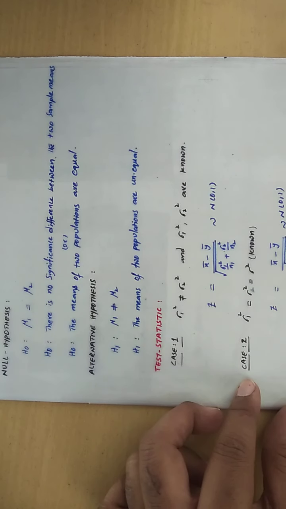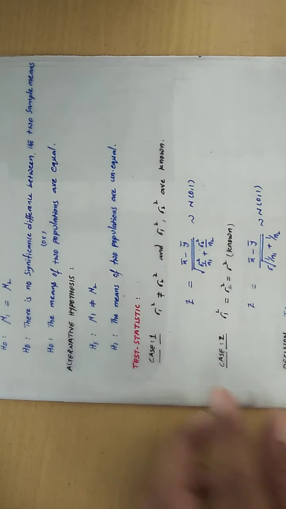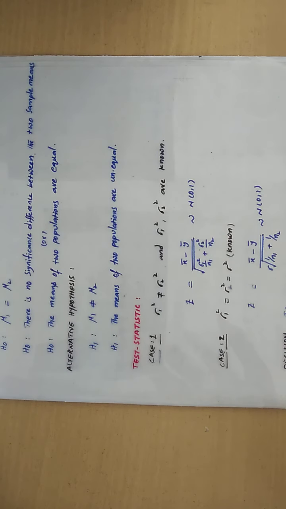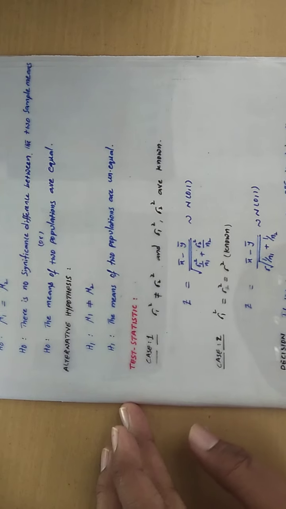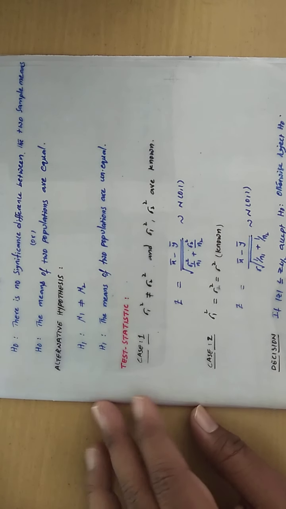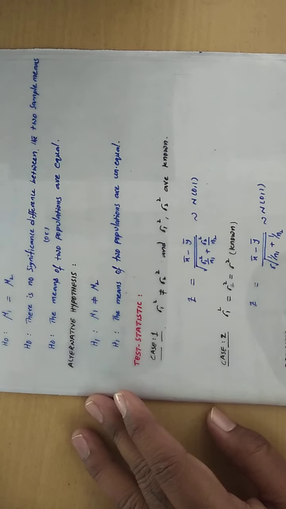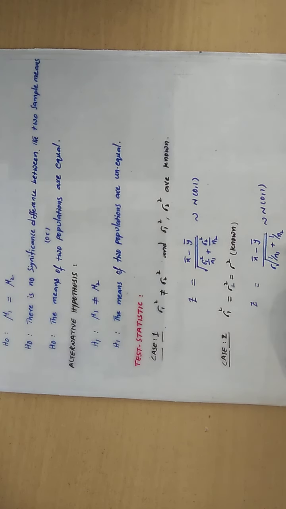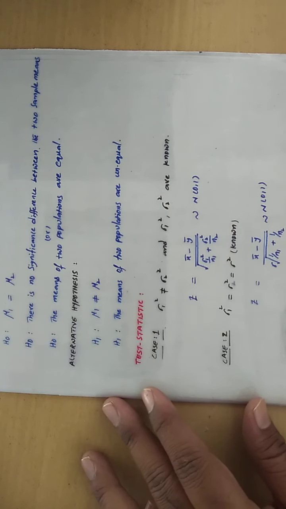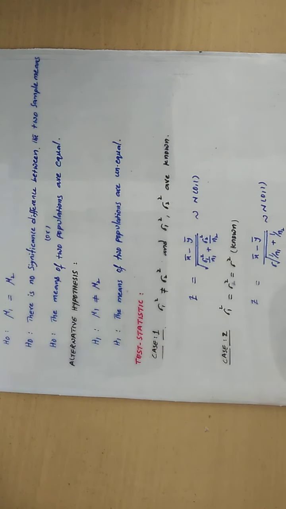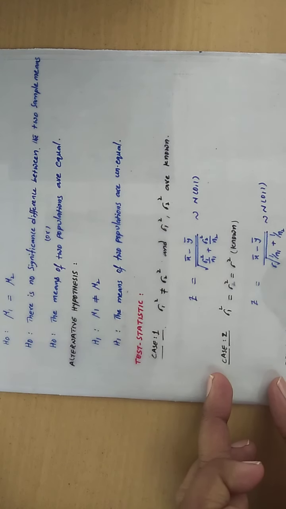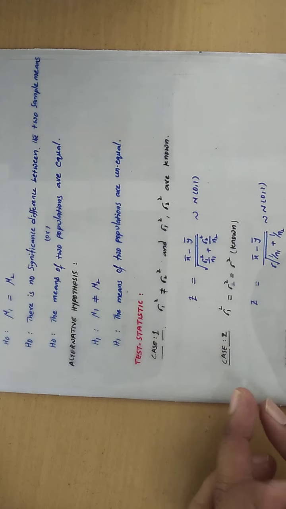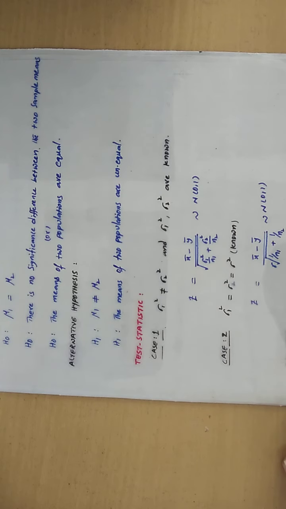Now what is case 2? Case 2 means the population variances are known, given, but all are equal. Again, the large sample test method only we apply here. x bar minus y bar by sigma times root of 1 by n1 plus 1 by n2, which follows N(0,1). But case 3 is very important. Whenever the normal distribution form is there, we apply the decision making method based upon the normal table values.